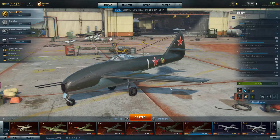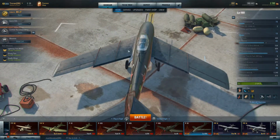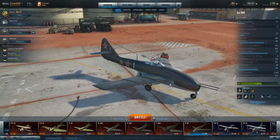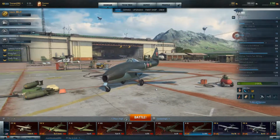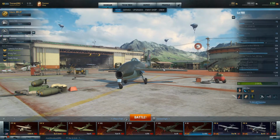We are looking at the Lavochkin 160, of which there is a total of one built. It was built by the Lavochkin Design Bureau, of course, and it was their first attempt to investigate swept wings, which they discovered from the Germans. This is a one-off design. As you can see, the undercarriage and everything was contained in the fuselage, which let them have a thinner wing,